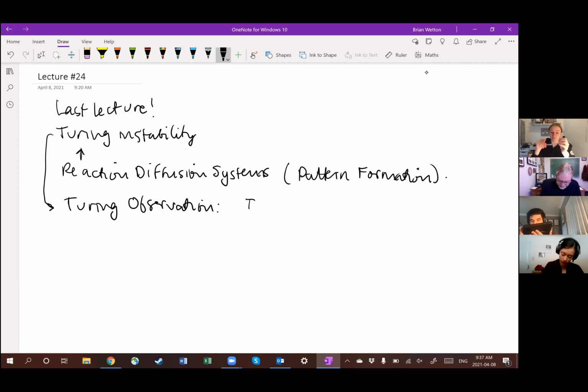Okay, and that is, I'm going to have a system. I'm going to write it as a vector. We're going to have actually a vector of continuum functions, so I'm going to have a u of x and t and a v of x and t, but you can just think of them as vectors now. And I'm going to have two systems, two dynamical systems, so two ODEs, where they have a shared stable equilibrium. And of course, if there's an equilibrium anywhere, you can just shift it so that mathematically it's at the origin. So this is going to be a stable